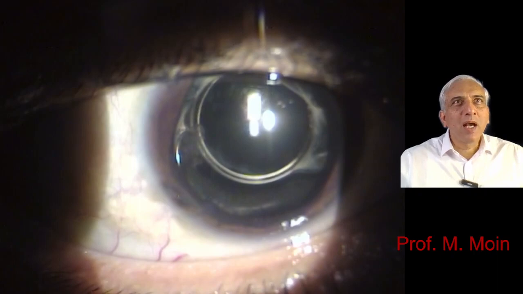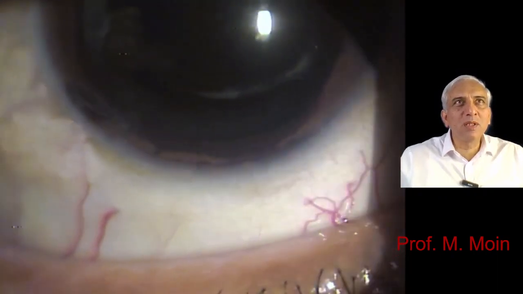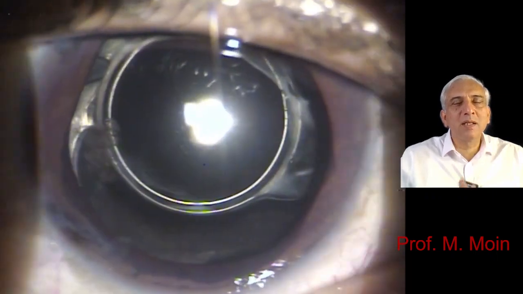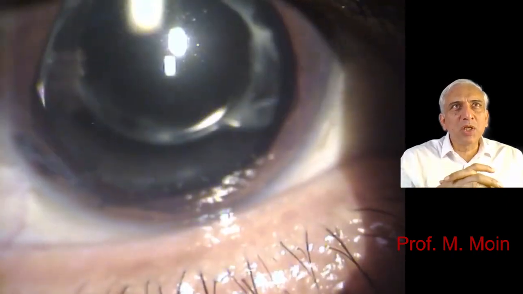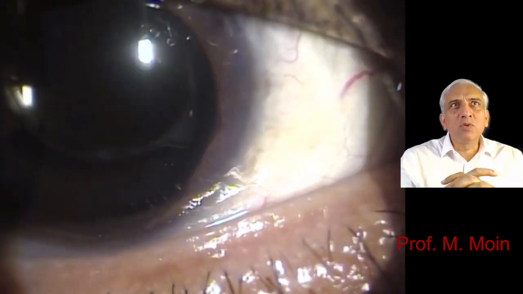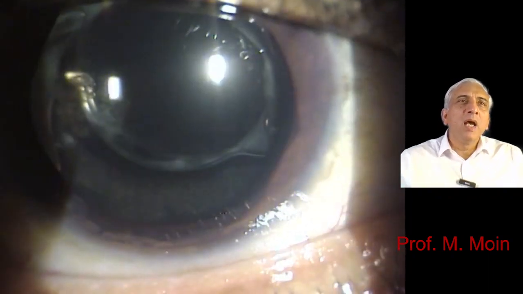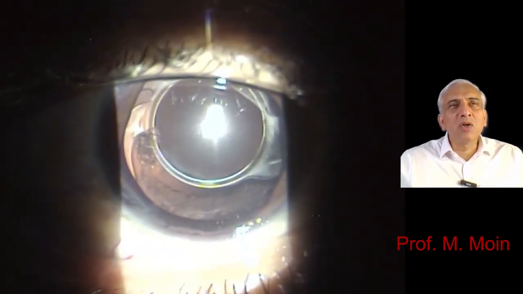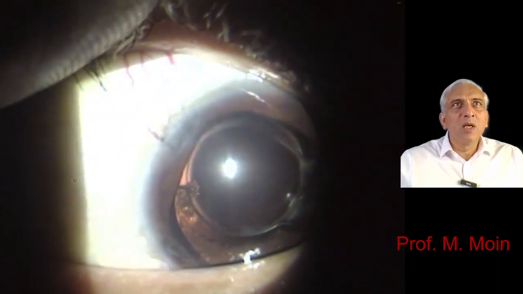So this patient, let's go forward with this patient. This patient has got a Rubeotic glaucoma. This is a patient with pseudophakia. You can see the intraocular lens which is in place, in the bag, and it looks like a double C-shaped haptic IOL. There seems to be more pupillary dilation inferiorly than superiorly. And I'll zoom up the area, and you will see the area of rubeosis, especially on the irises,